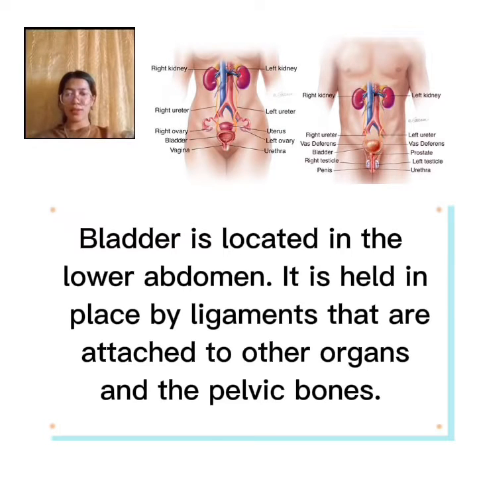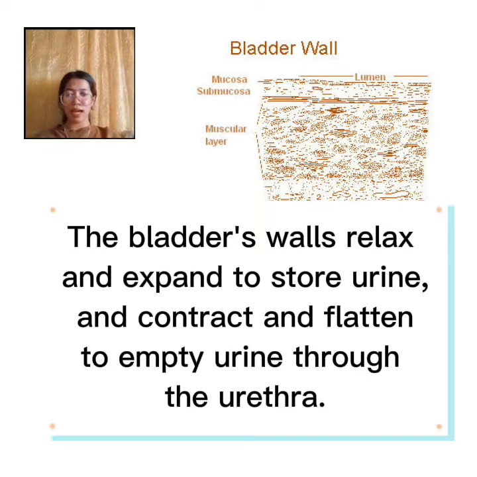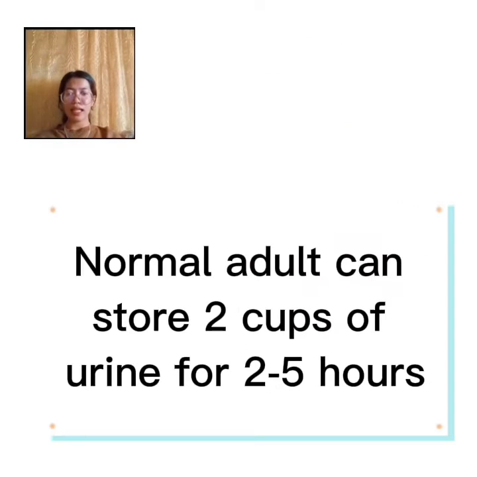So, the bladder is located in our lower abdomen. It is held in place by ligaments that are attached to our organs and the pelvic bone. The bladder's walls can relax and expand to store urine, and contract and flatten to empty urine through the urethra. The typical healthy adult bladder can store up to 2 cups of urine for 2 to 5